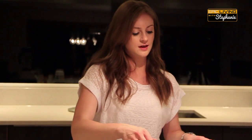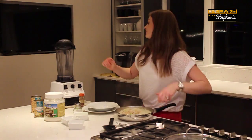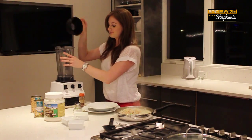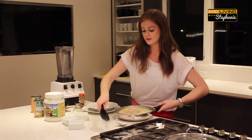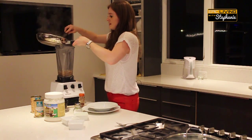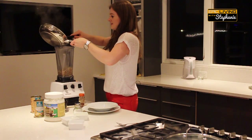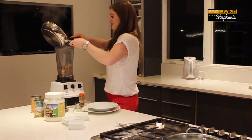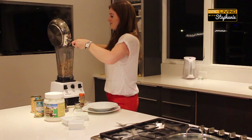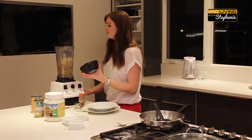Okay, now that you've poured and drained out the water, make sure you keep the water, because the water is really important. It's full of nutrients, it's full of a lot of flavor, so we're going to keep that. Now you're just with the bulk of the ingredients. You're going to take your blender and make sure it's all ready to go. We're going to put the ingredients inside the blender. If you've got a Vitamix, then good on you. It's going to be amazing. If you don't, that's okay. This is probably going to get a little messy. It's like Russian roulette. Which stuff's going to fall out? Okay, we're pretty good here. Keep in mind it's still pretty hot, so just be careful. I'm going to blend this up